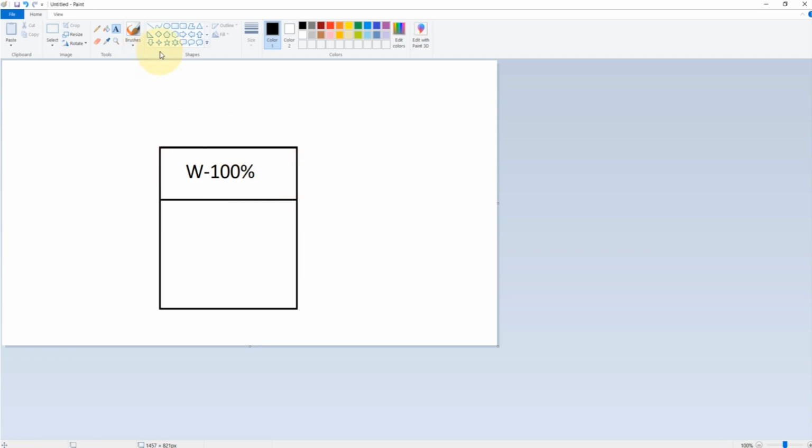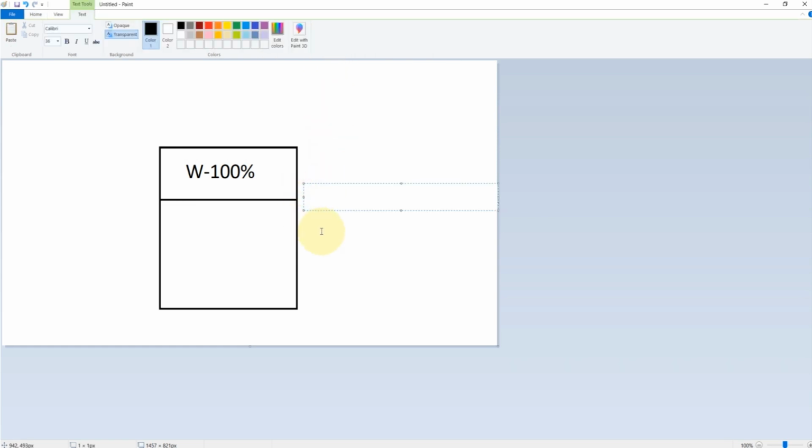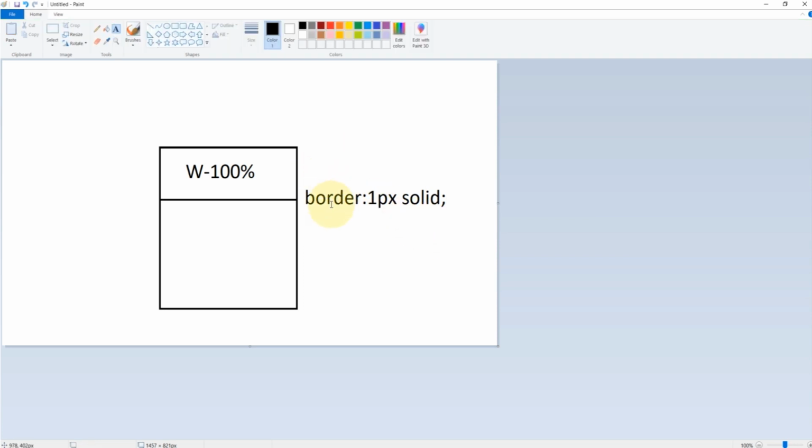Then I gave a property border 1 pixel solid. Now this element's width is going to change, because if you give a border, it will apply 1 pixel width.